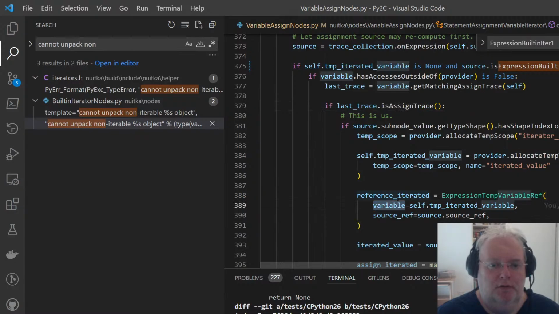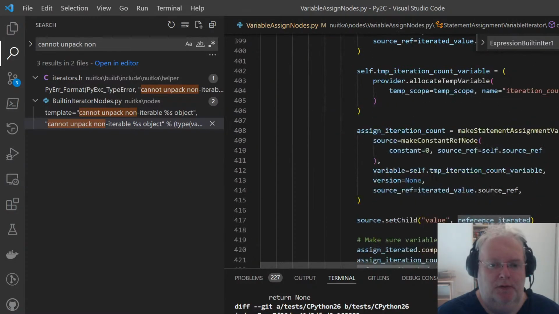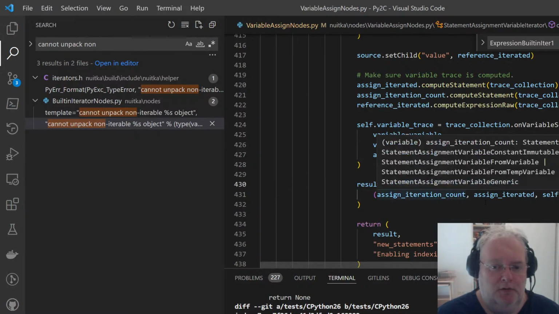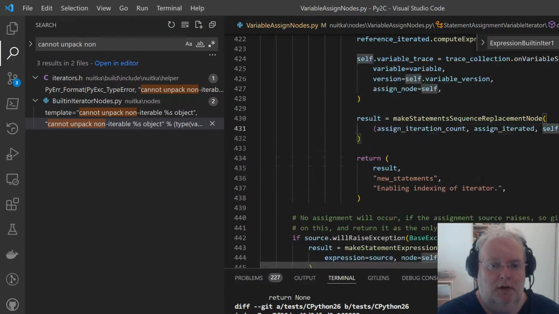Now, this builds these assignment statements. So an assignment statement that assigns the iteration count, the iterated value, and ourselves. This just says make a statement sequence to replace ourselves, and then we say enabling indexing of the iterator.